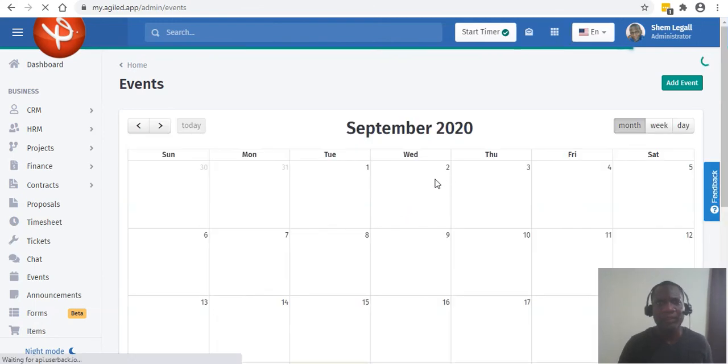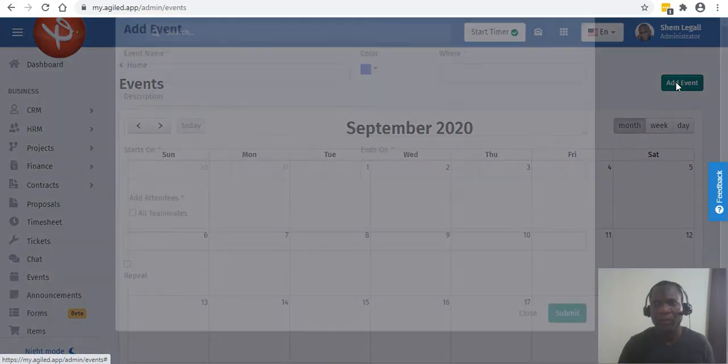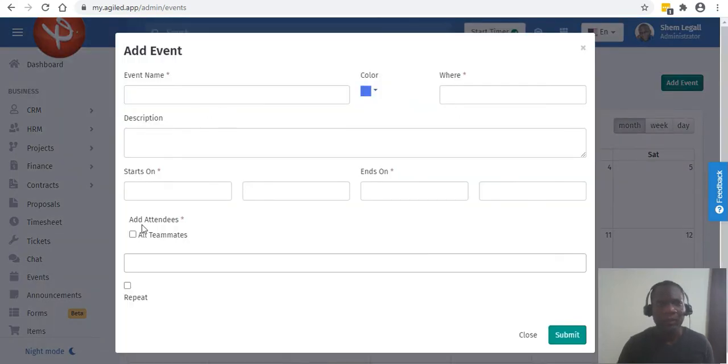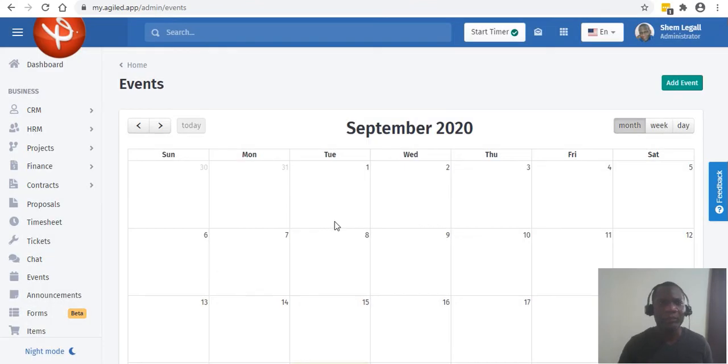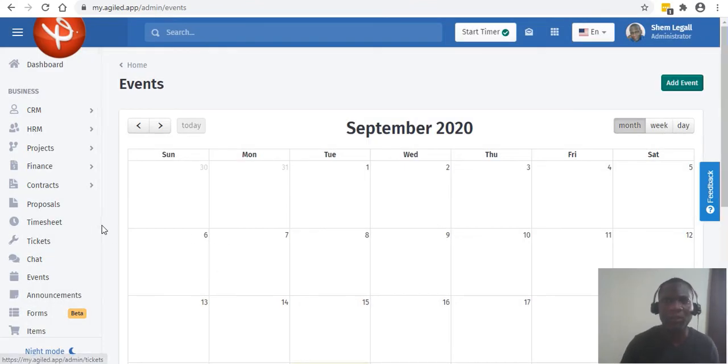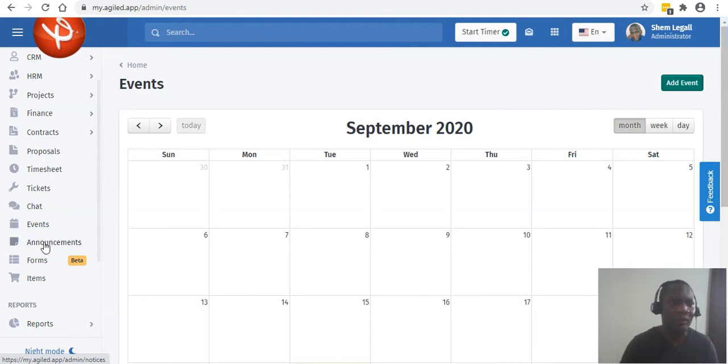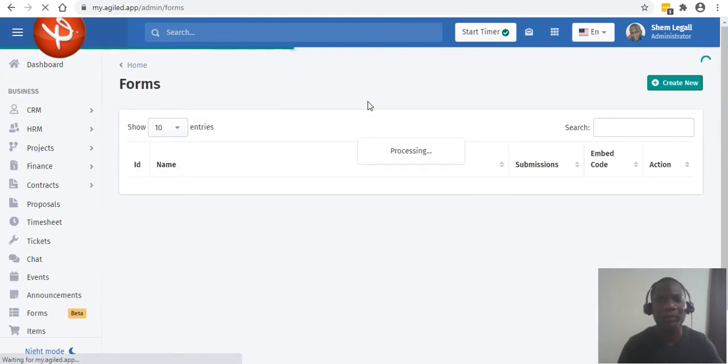right? So there's the calendar, and you can add events to your calendar, right? And you can color code your events, date, time, starts, ends. All of these are real good features that would come in very handy for any business, right? Announcements work the same, but I want to check out forms because, especially for our type of business, we